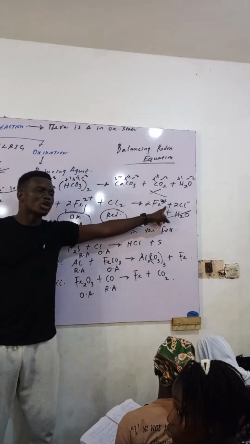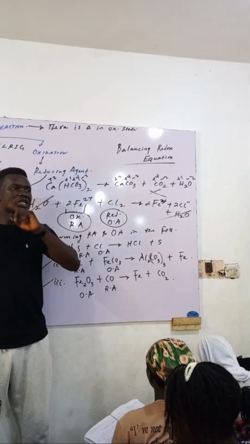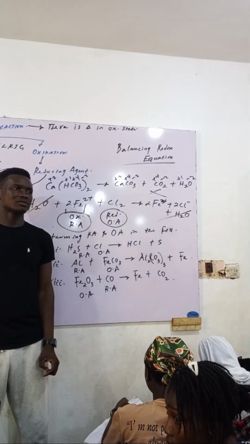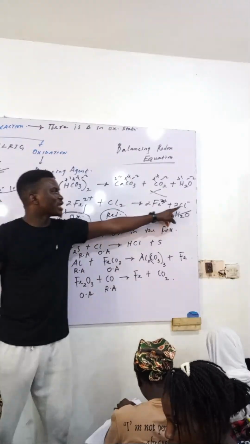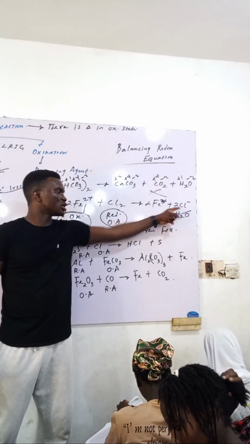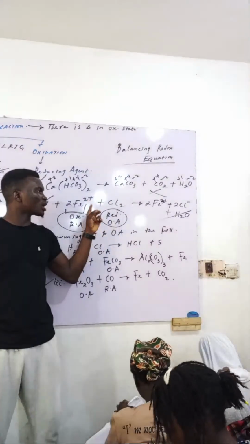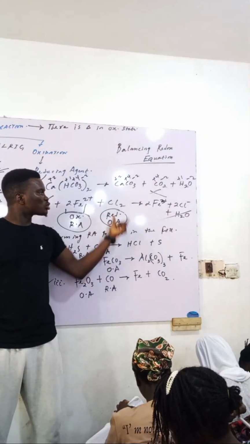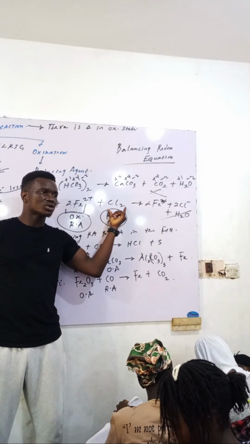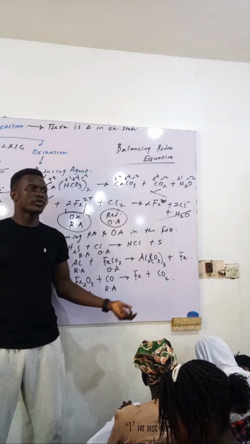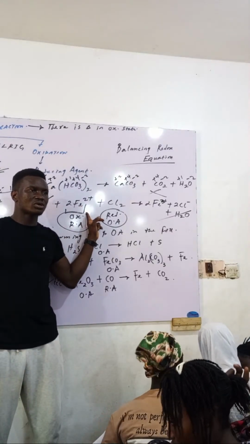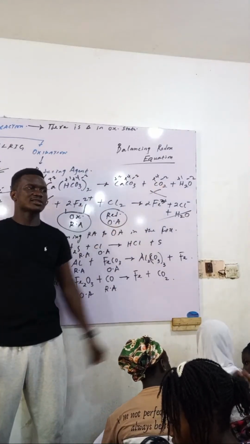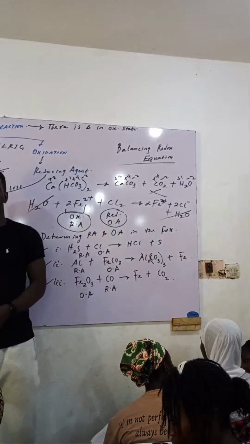This can be +2 and this is +2. So that place the main mistake. So far this one has changed, this one changed, this one changed, then this one cannot remain the same. This one lost electron, it gains electron. Where did it gain the electron from? It was separated from this one. And if this one loses electron, oxidation number will increase. So it's going to